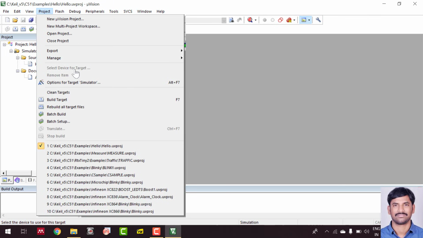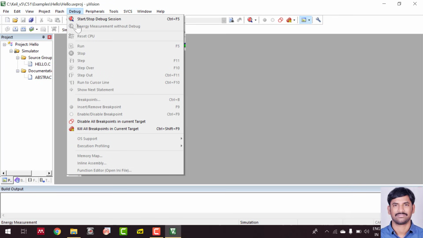This will be enabled only when you have an external microcontroller which needs to be interfaced with this simulation software. Similarly, if you go to the debug menu, only start and stop debug is enabled here. The rest will be enabled only the moment you enter into the debug session.